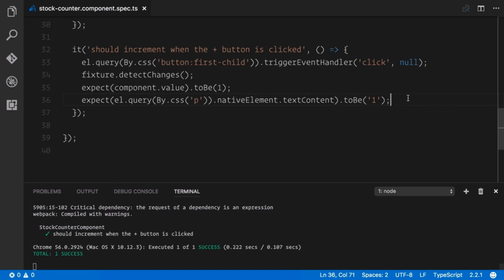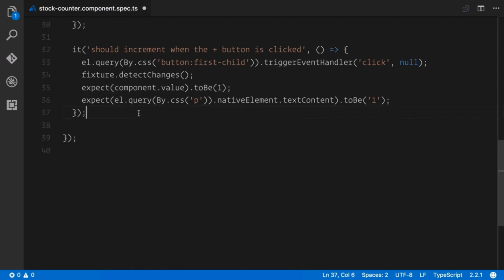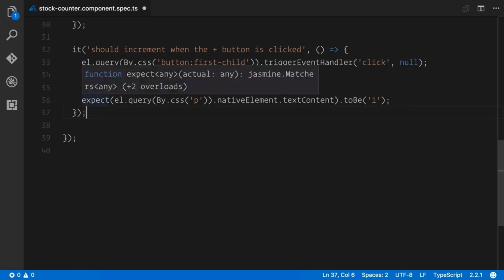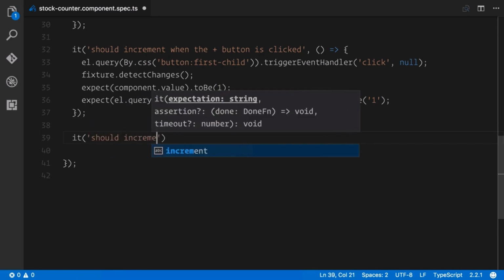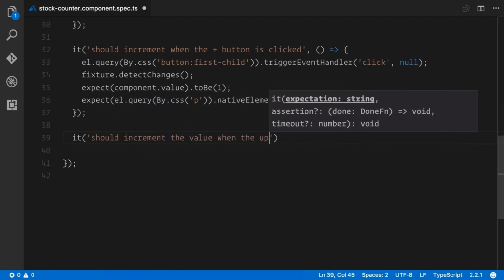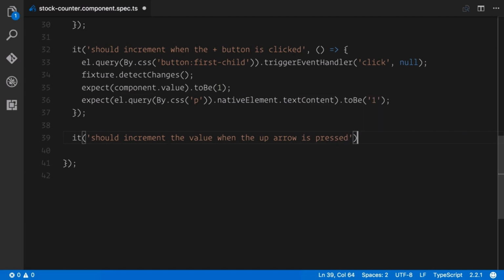So what we're going to do is close this off. Now instead of actually creating these for every single test case, what we're going to do is focus on how we can test a keyboard event. So below here, we can do: it should increment the value when the up arrow is pressed. Now we can't actually test these directly, so what we actually need to do is create a